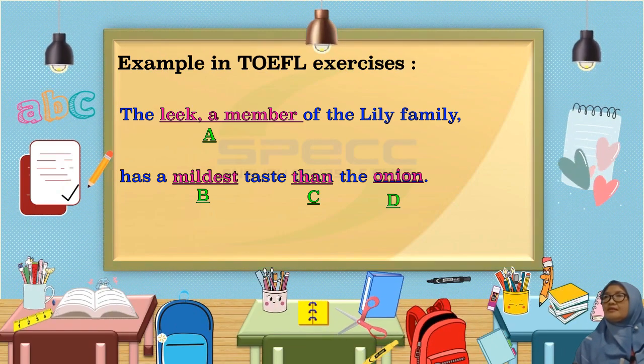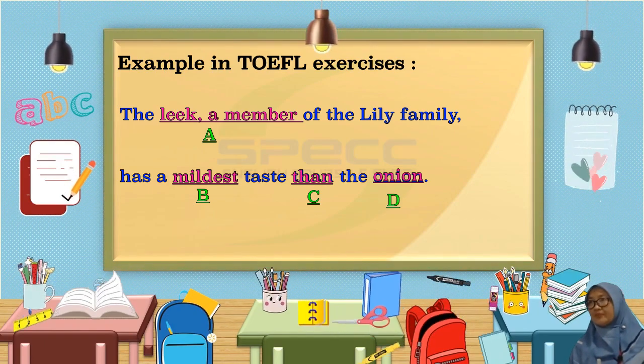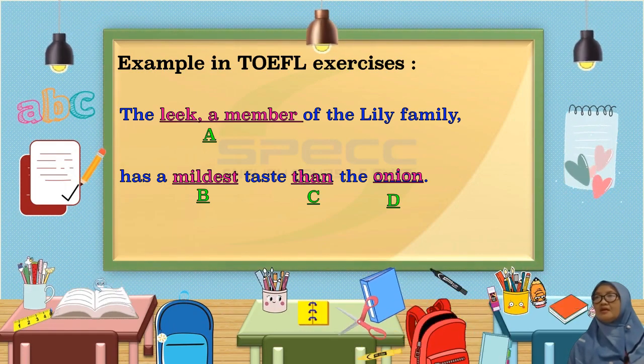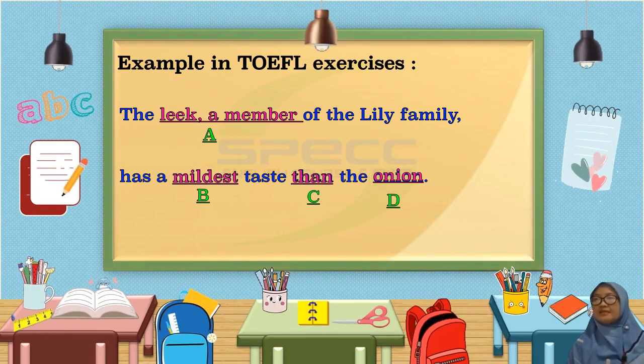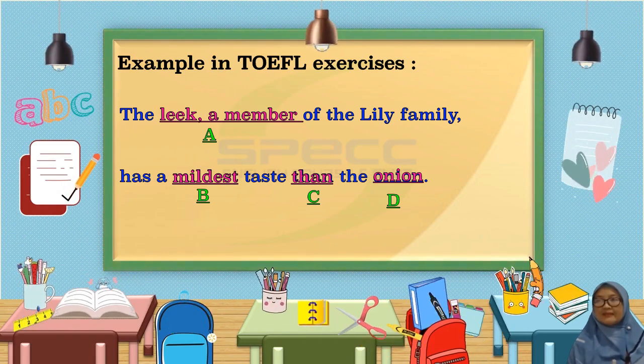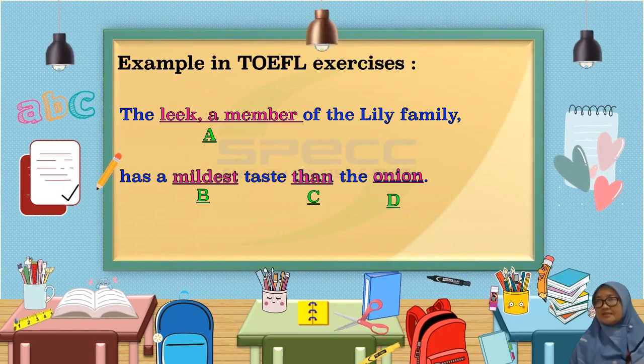Let's see. The leek, a member of the lily family. There is nothing wrong with a member of the lily family, that is modifying the word leek. And then what about a mildest